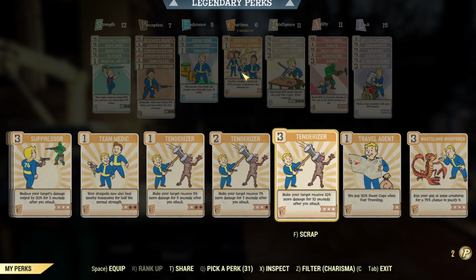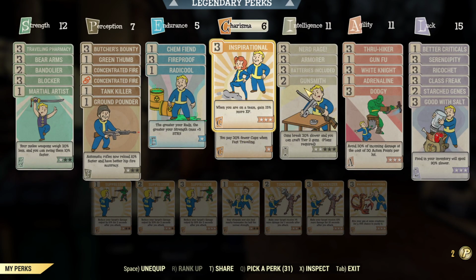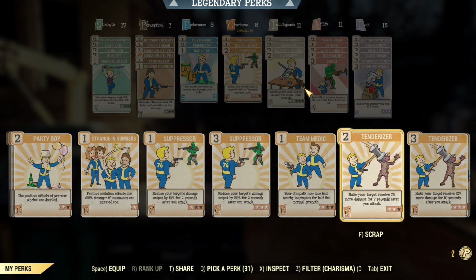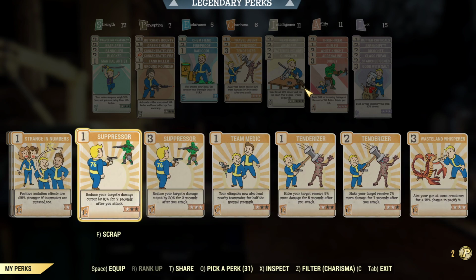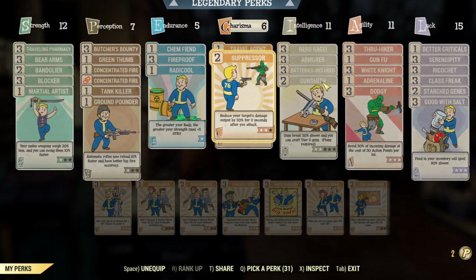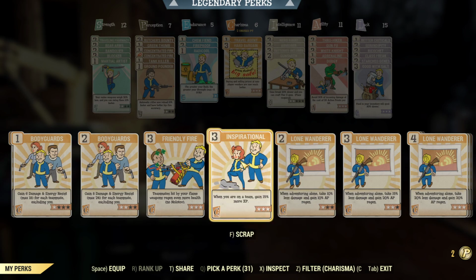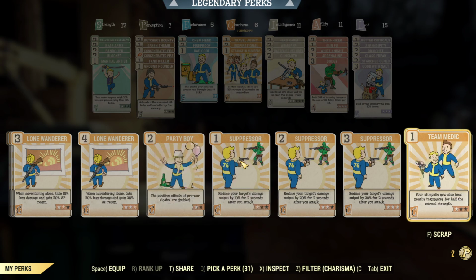Normally we have Tenderizer rank 1 and Travel Agent rank 1. This is normally if we are in a team. If we are not in a team, we take these out and we equip rank 3 of Tenderizer and rank 2 of Suppressor, just so we can keep our incoming damage down, and we can kill just a little bit quicker. But since we are in the team at the moment, we will use